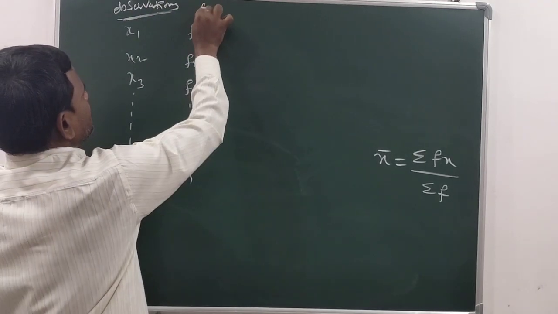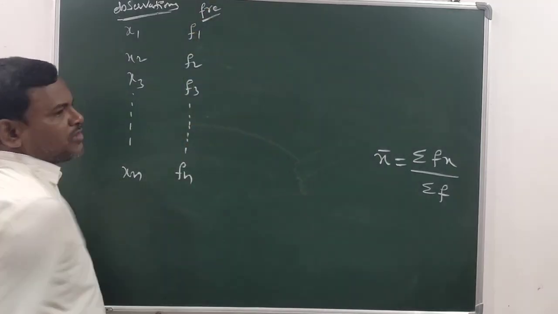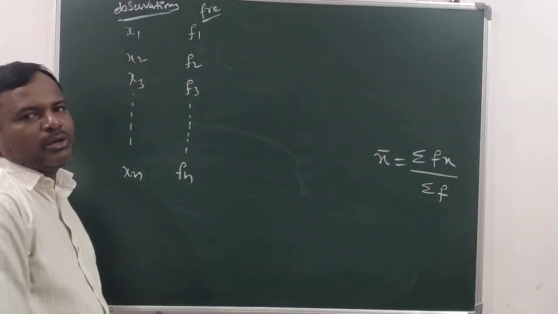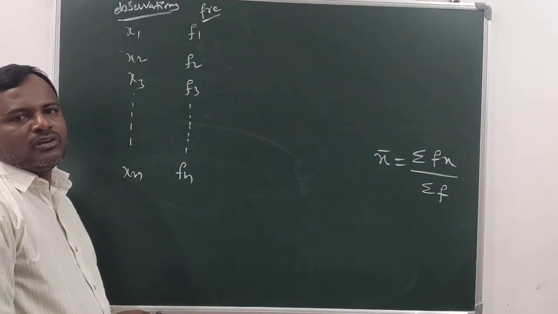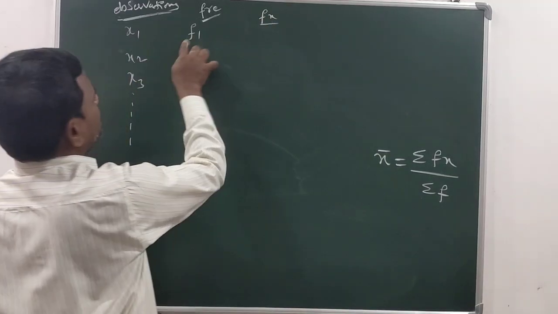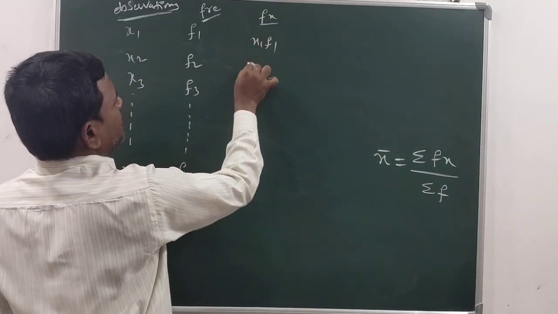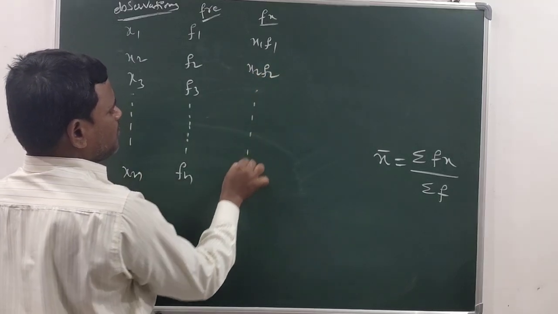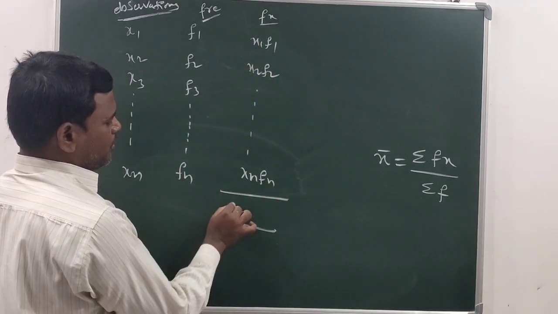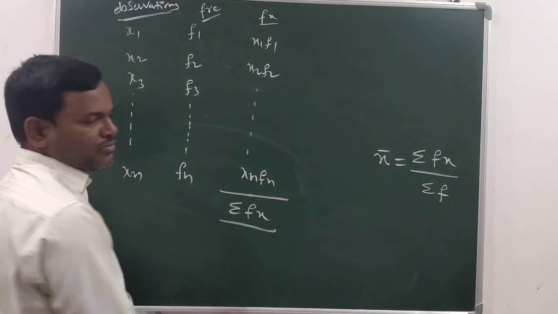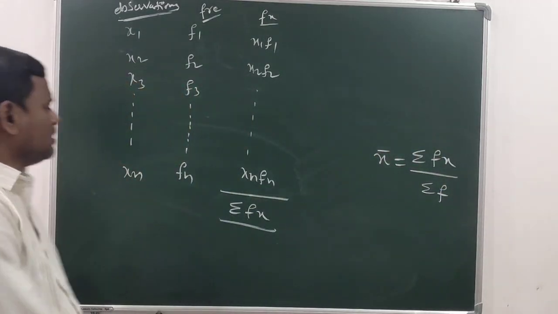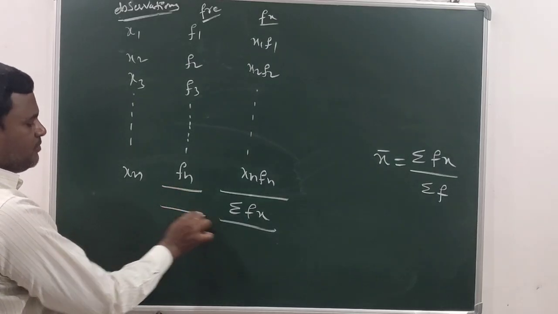So these are frequencies. X1 is occurring F1 times, X2 is occurring F2 times, and so on. In such a case you have to prepare Fx. Take the product of these two, X1 F1, X2 F2, and so on, Xn Fn. Now add all of them, you get sigma Fx. The sigma Fx you have to write here and divide with the sum of all the frequencies, that is n,